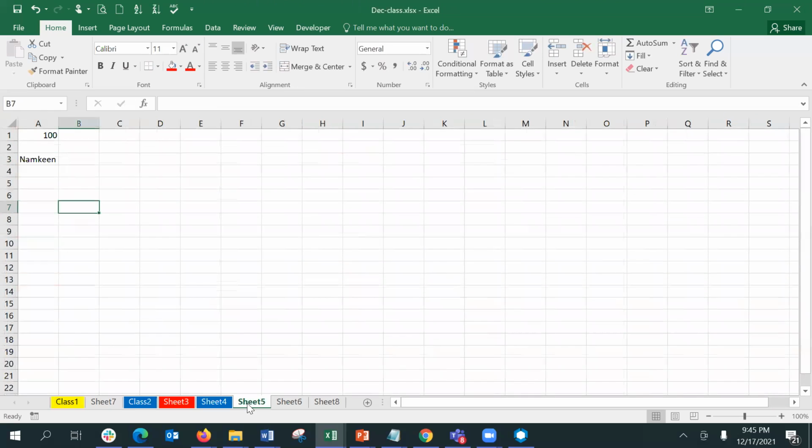Whichever sheet I go, I will find the word namkin has come. এটাতে নেই কারণ আমি সিলেক্ট করিনি। তার মানে কি হলো, একসঙ্গে আমি মাল্টিপল শিটসে সেম ডেটাটা কপি করলাম।